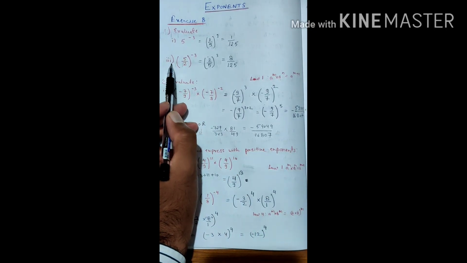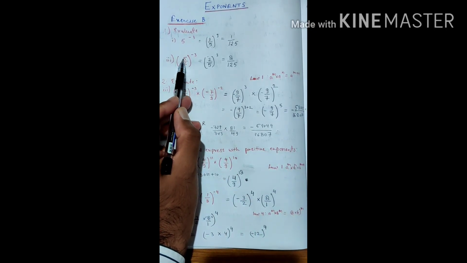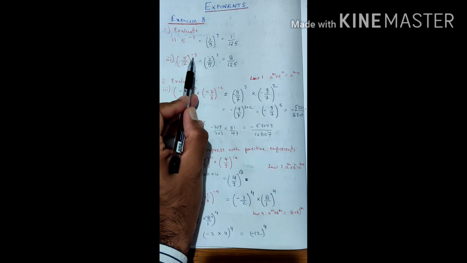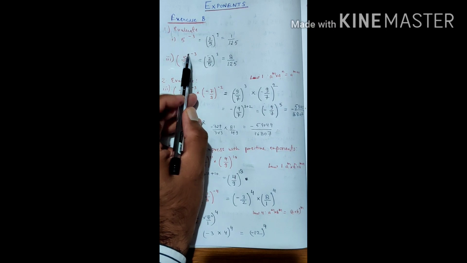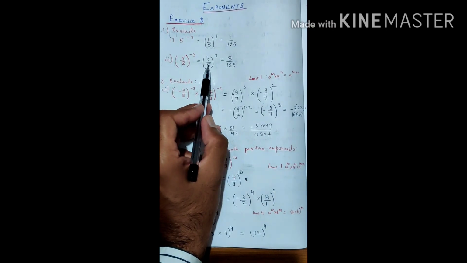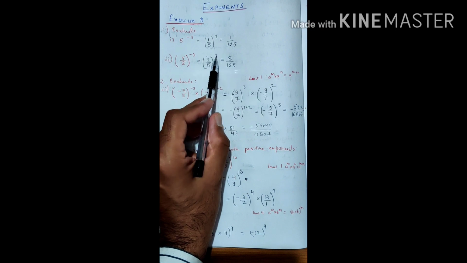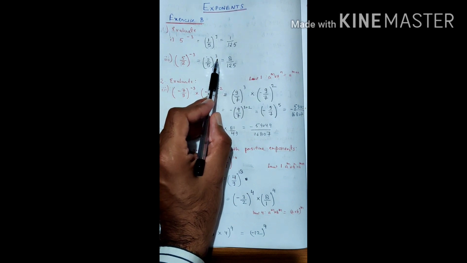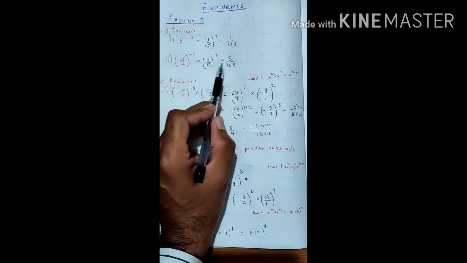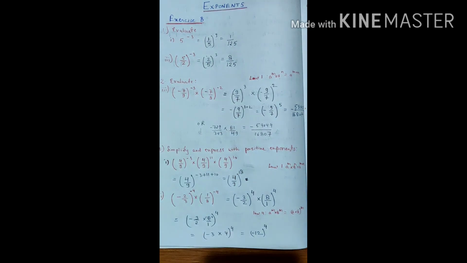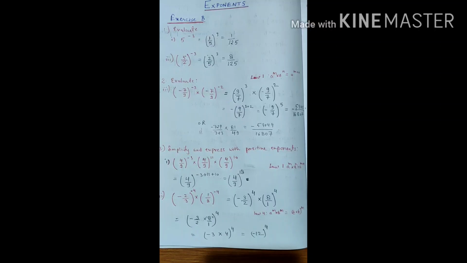Now we will see one more part of this, the third part. It says 5 by 2 raised to the power of minus 3. Again, as you can see, we have minus 3 as power, so we'll first make it positive. To make this positive, we first take the reciprocal of the value. So this will come as positive 3. Now if you expand this, 2 cube is 8 and 5 cube is 125. So your answer will be 8 by 125.